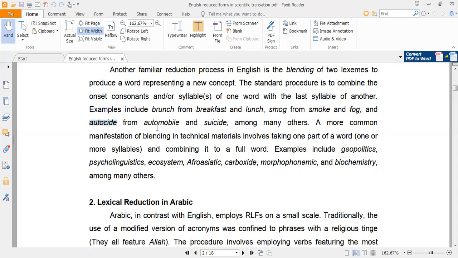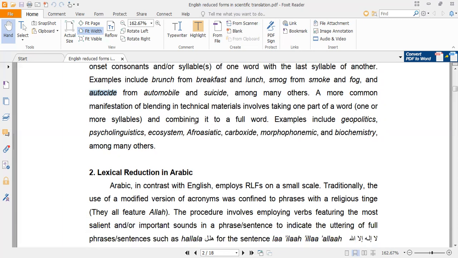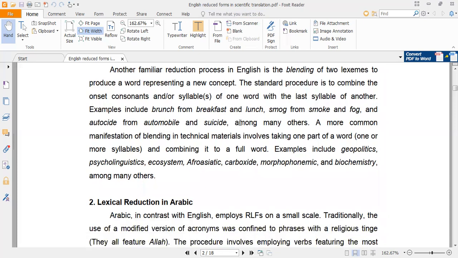Autoside is taken from automobile and suicide. Also, some blending words are formed by taking the first syllable from the first word and associating this syllable with the second word as a whole, not part of it. For example,